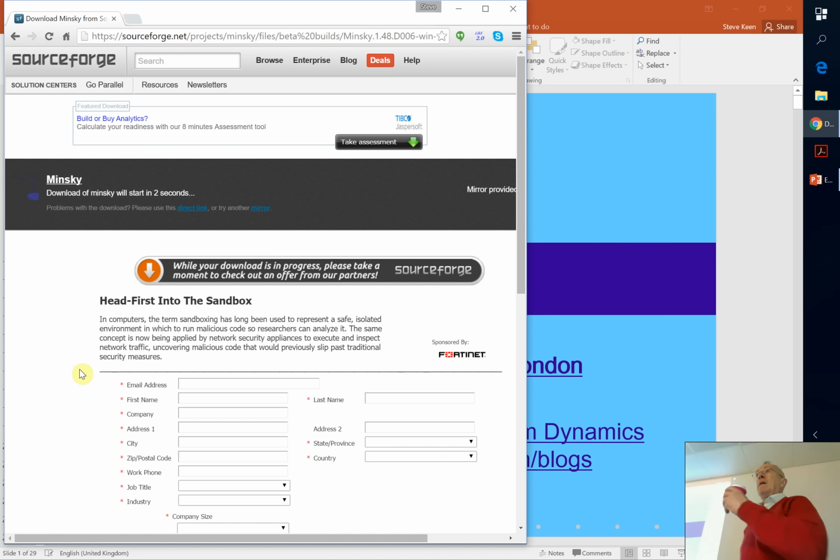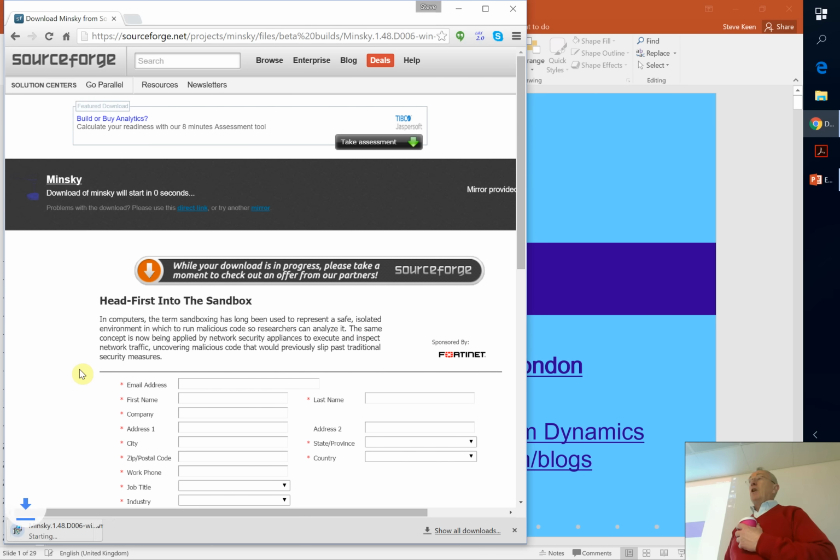Is that the one you posted on the studies piece? No, this is the later one again. I posted an earlier version which didn't have the bug that hit my computer, and Russell said he couldn't reproduce it this morning. He programs on a Linux machine, and he uses a virtual Windows box running on that, which he couldn't reproduce the problem I found. So I'm going to stick my neck out and see if I generate it here. If I don't, then it's something peculiar about my other computer. If I do, then it's something to do with Windows 10 in a real machine rather than a virtual machine.